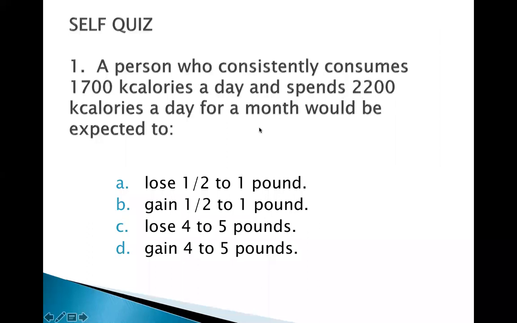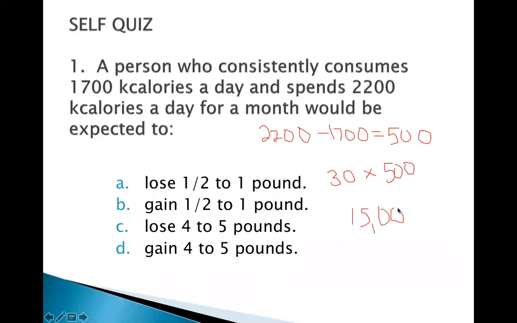You would say 2,200 calories minus 1,700 calories is a 500 calorie deficit. So they're using 500 calories more than they're taking in. In the average month, there are 30 days. So you're going to multiply 30 by 500, and you're going to get